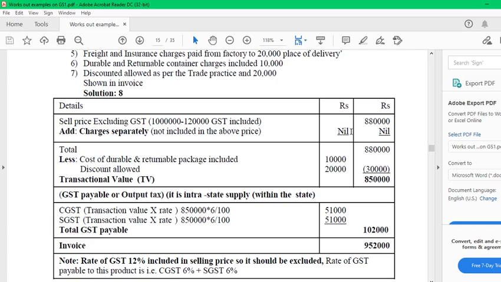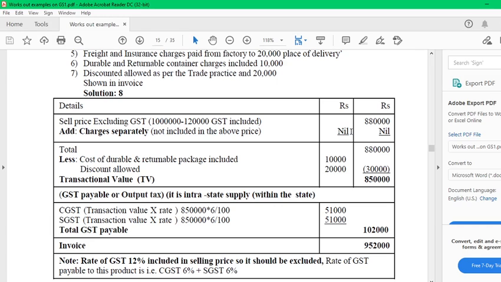Then you add charges separately included, nil. Less cost of durable and returnable packing included, 10,000. Here is the discussion. The cost of durable and returnable package is exempted. If it is included, we have to exclude. If it is not included, we don't add the cost of durable and returnable package expenses, like other expenses known as